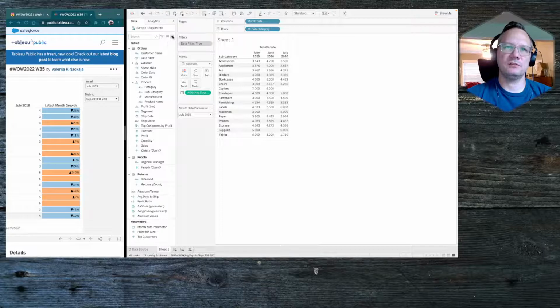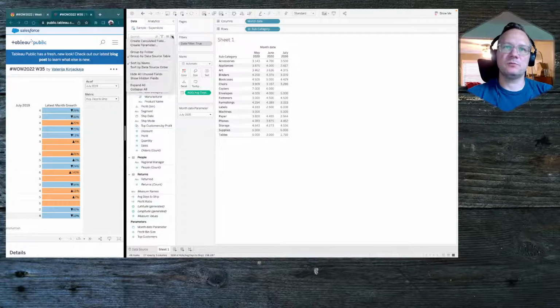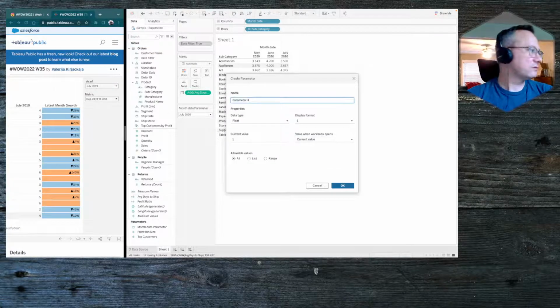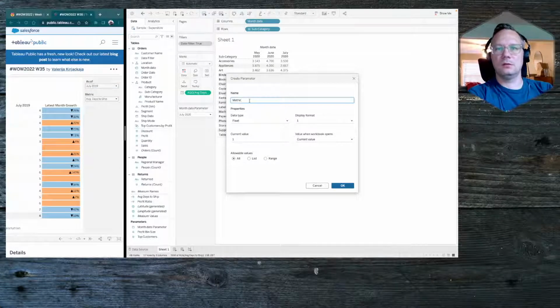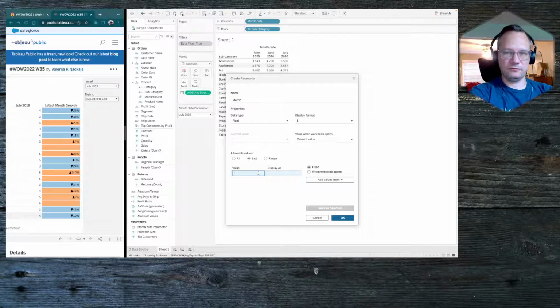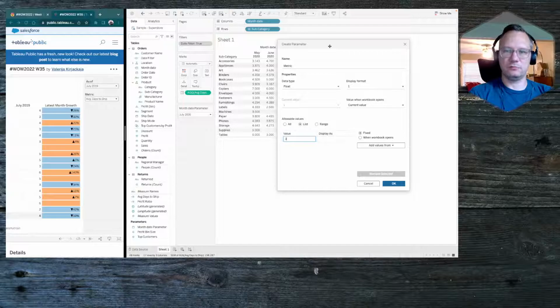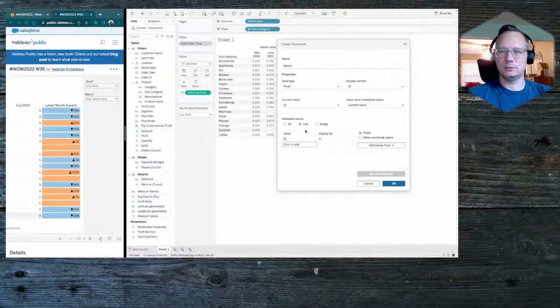Let's do our measure selector here. So the first thing we need to do is create a new parameter. We'll call this, what does she got? She calls it metric. And we'll call it range. My camera is right in front of my parameter control, so I'm gonna change this over here. So here's a little trick if you're new to Tableau and don't